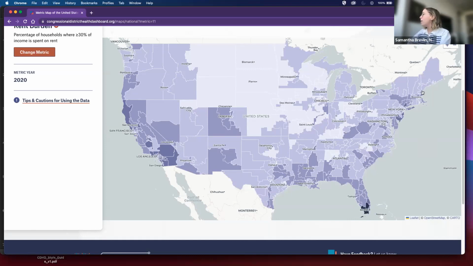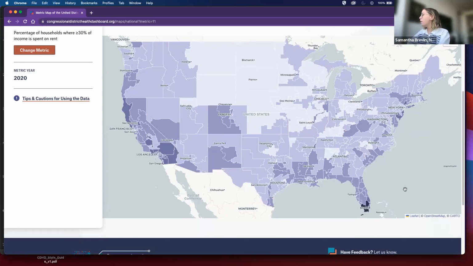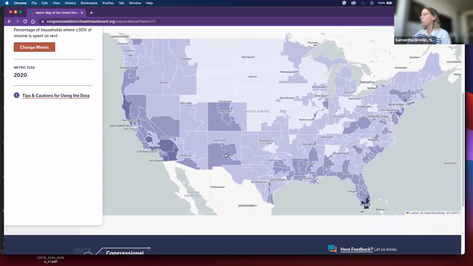Given that we're looking at rent burden, we're seeing some pockets of dark purple on the coasts, and we're seeing lighter colors in the Midwest. But unlike what we might expect, I'm seeing darker purples in pockets that I might not have expected. So what's going on in Colorado or in Louisiana here?